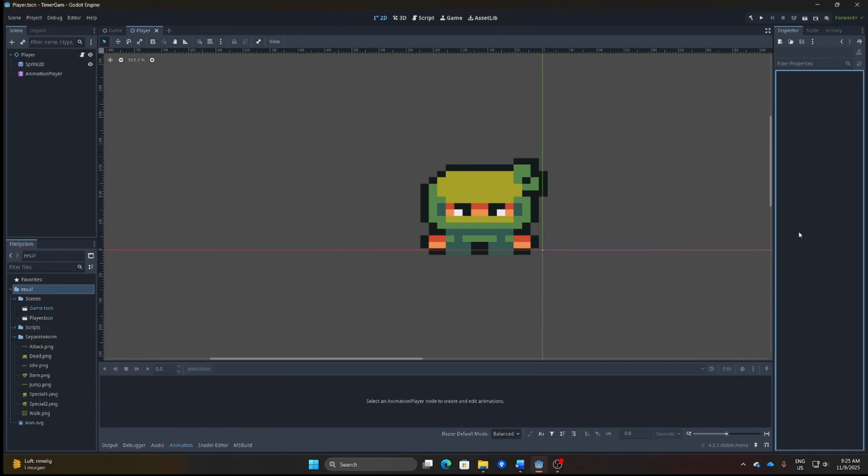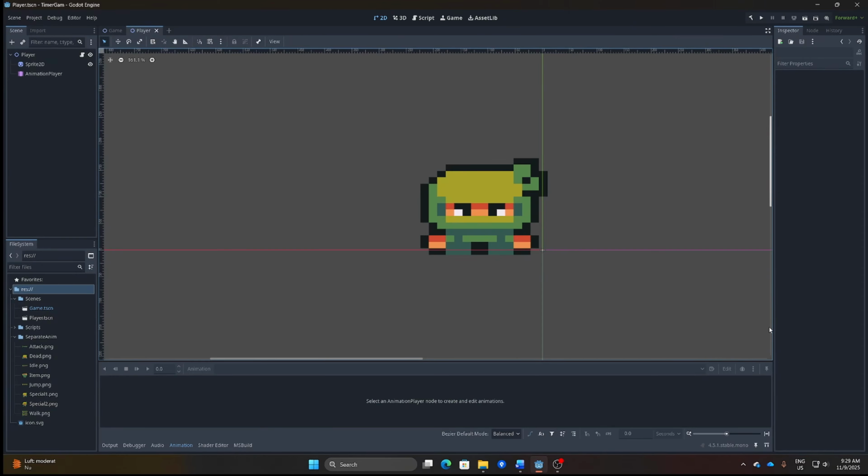Hello and welcome. In this video we are going to spawn a coin. We are going to start off with importing the coin sprite. Then we are going to create a scene, and finally we will write the script for spawning the coin. While writing the script we will see some different ways to make its position random, and a way to spawn it according to the player's position. So I hope you are ready to dive in.